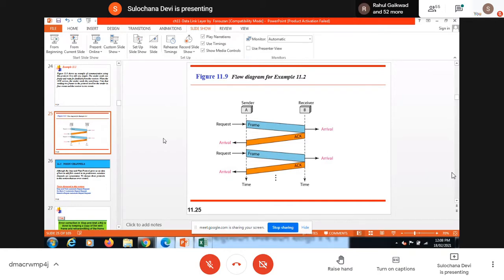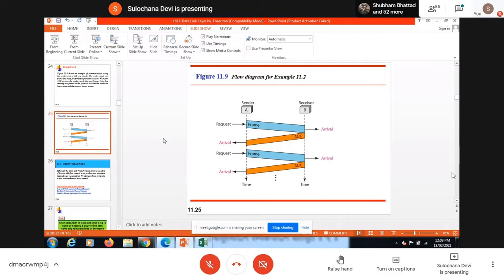The first frame gets sequence number 0, the second 1, the next 2, then 3, and after that we repeat 0, 1, 2, 3, 0, 1, 2, 3. In stop and wait, even 1 bit is sufficient: 0, 1, 0, 1, like that we can send.